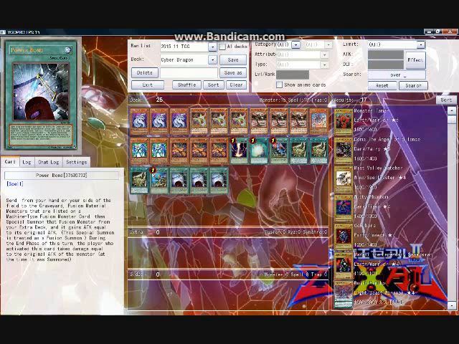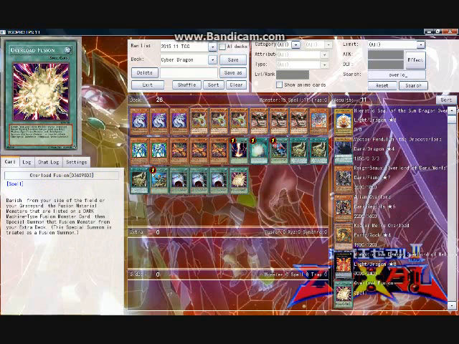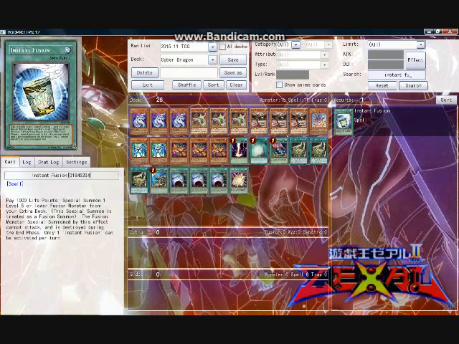To support the Fusion route, I run 3 copies of Power Bond, making either Twinned or Rampage a serious OTK threat, as well as 1 copy of Overload Fusion. To support the Infinity route, I run 2 copies of Instant Fusion to bring out the Panzer Dragons from the extra deck. And the Panzer Dragons are nice because they can be used as a kind of last resort, an "I need to destroy something on the field during my end phase" kind of effect, as well as 2 copies of Double